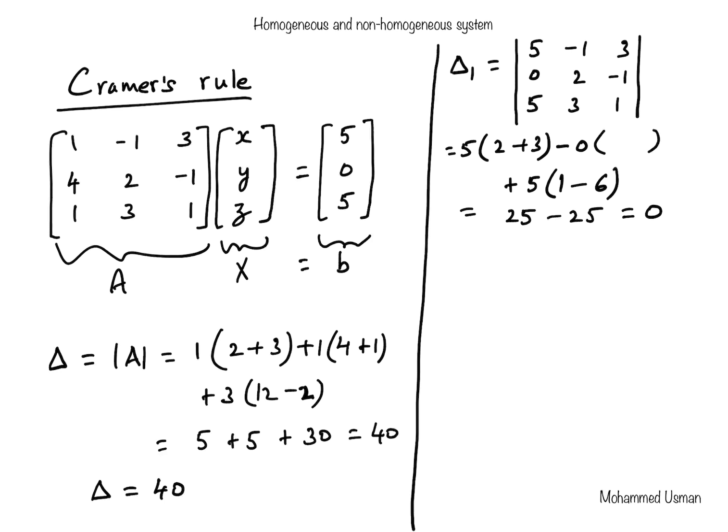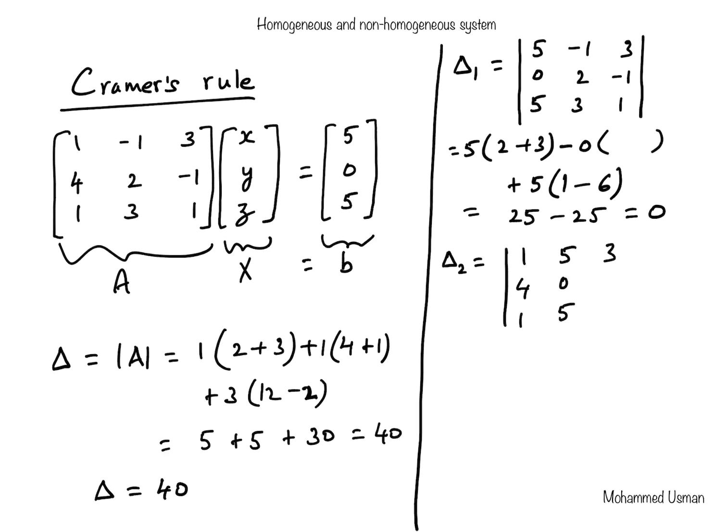Similarly, we will compute the value of delta 2 by replacing the second column of the A matrix with the vector B. So delta 2 is equal to the determinant with the second column of the coefficient matrix replaced by the vector B, 5, 0, 5, and all other elements kept as they are. So that's 3, minus 1, 1. And when we compute the determinant for this, you would get